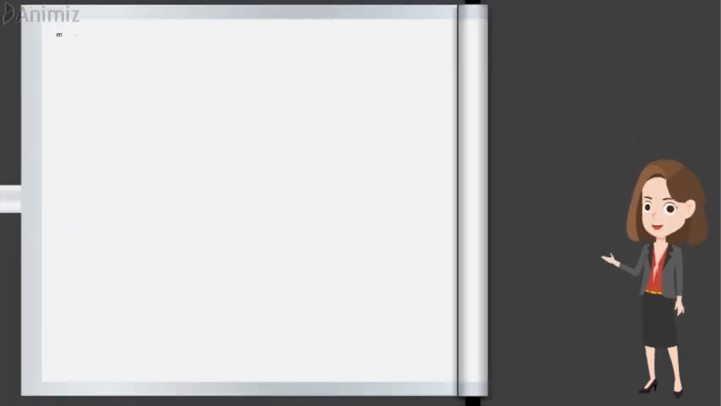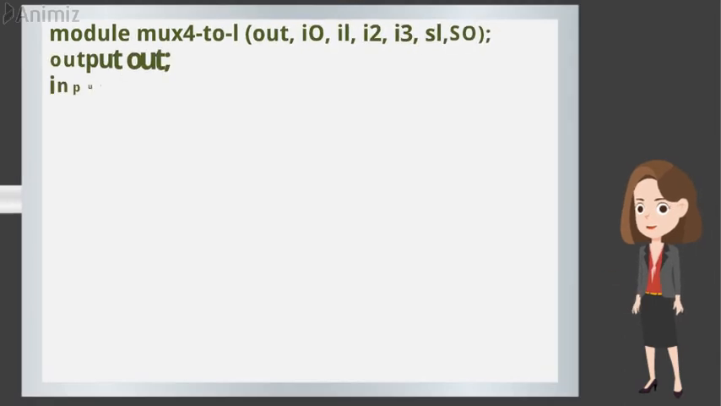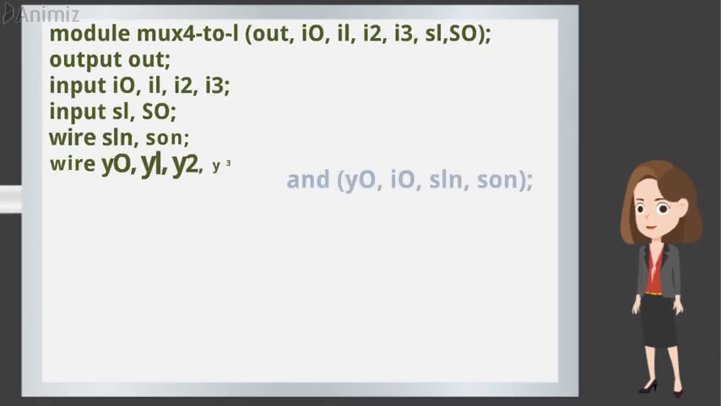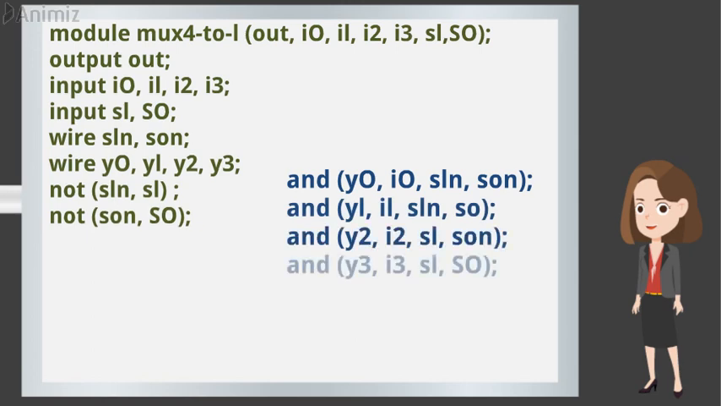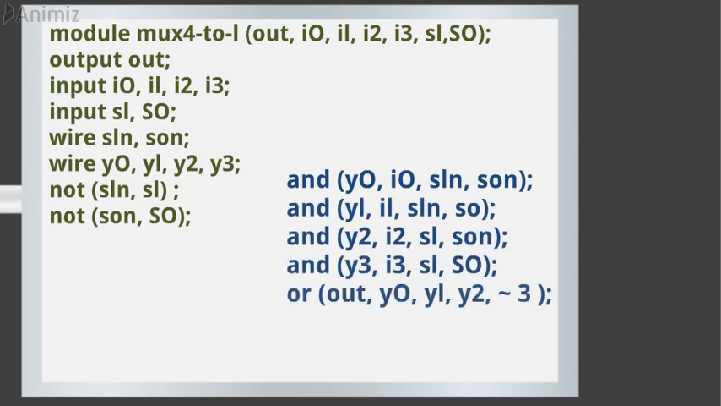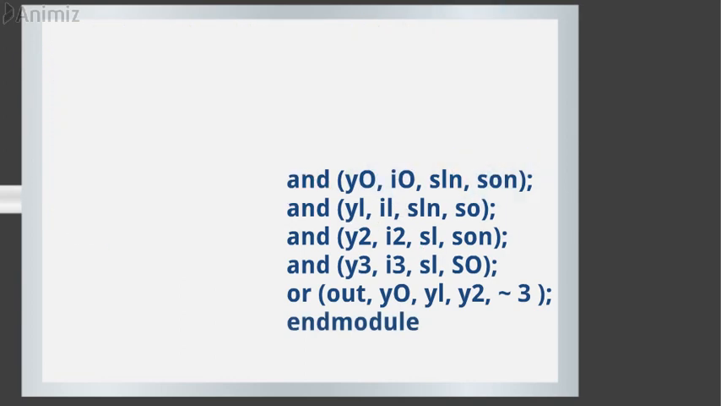And here there are 4 AND gate instantiations, 2 inverter instantiations, and a single OR gate instantiation. Here the single output is out, and I0, I1, I2, I3, S1 and S0 are the inputs, external inputs as well as the